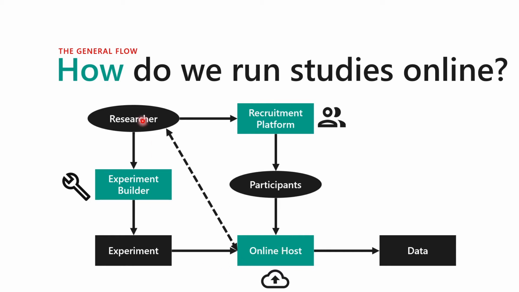So basically what you do is use your experiment builder to create the experiment, put it on the host. Then what you need to do is select how you want to share the experiment online, which is mostly just through a link, and then you share it either in specialized subject panels or just on your own mailing list, social media, depending on what kind of participants you want, of course. And then they participate and all the data gets collected on your online host, and you can basically download the data from there.